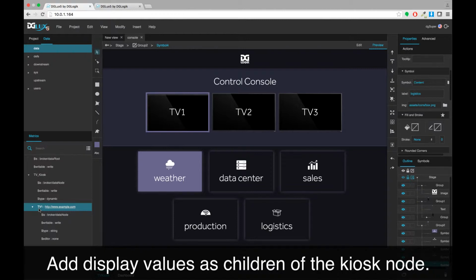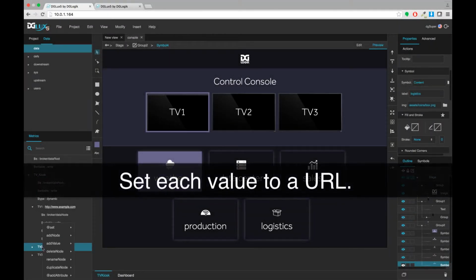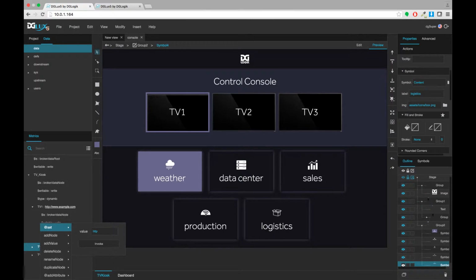So if you're using 3 tablets in your trade show booth, you could name your nodes tablet 1, tablet 2, tablet 3. If you have televisions in your reception area and your production floor and your facilities room, you could name them accordingly. The important thing is that each one of these data values is going to relate to one of your screens. And you want to give them some placeholder URLs to work with. So you just right click and go to set and enter a URL, like so. Set